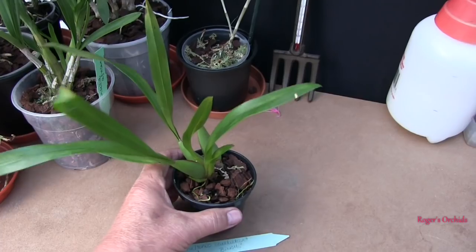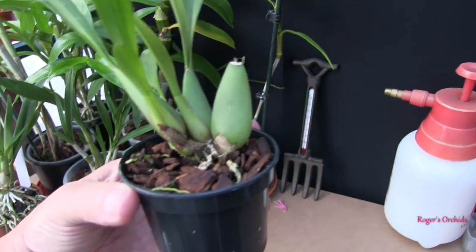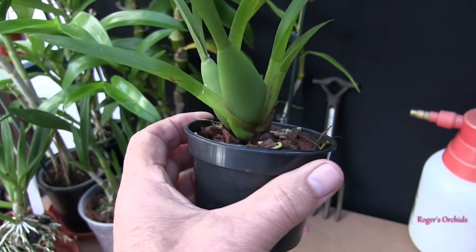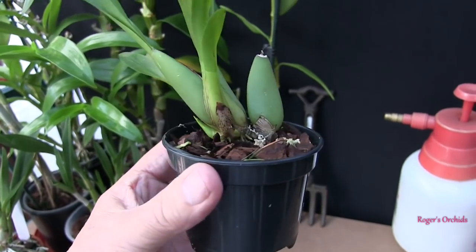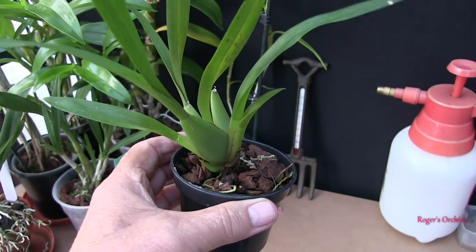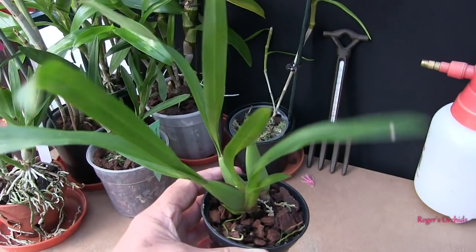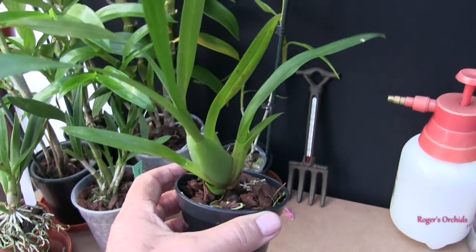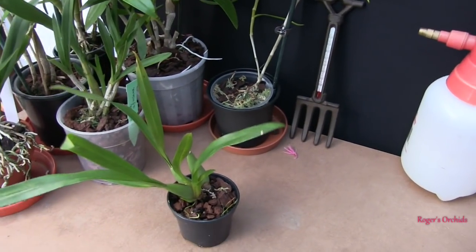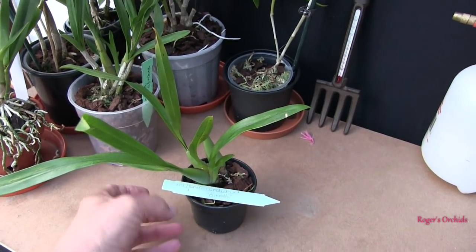As a plant, I took a quick look at it and I thought, you're wobbling in the pot, but not too bad. But we've got signs of root activity, and two new growths starting, one pushing on there on the left and a tiny little one coming out on the right. I've got a leafless bulb, a leaved back bulb, and the current matured growth with leaves. So there's more than enough leaf cover on that if either of those two actually mature and decide to spike,